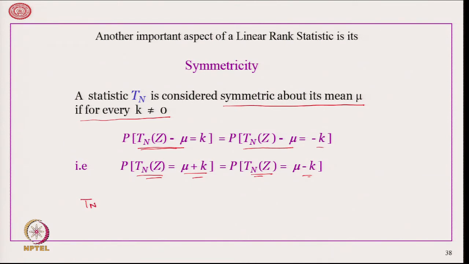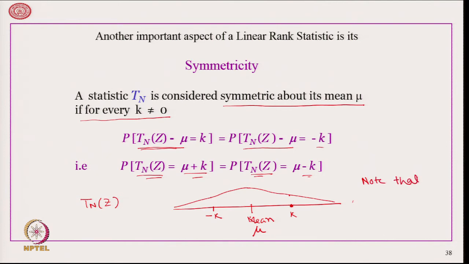For illustration, consider T_n(z). So, suppose this is the distribution, this is the mean value of T_n(z), which we are calling mu. It is considered to be symmetric if the value at a distance k from mu is the same as the value at a distance minus k. That is what we are saying here. Note that k need not be an integer. It can be